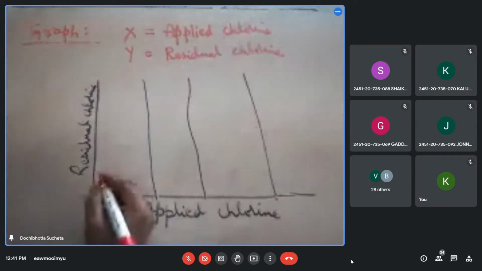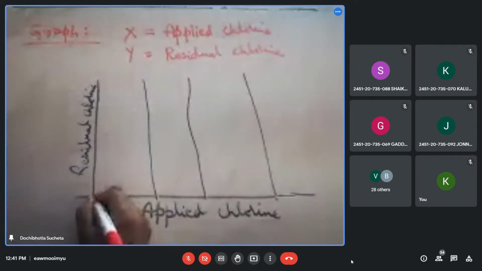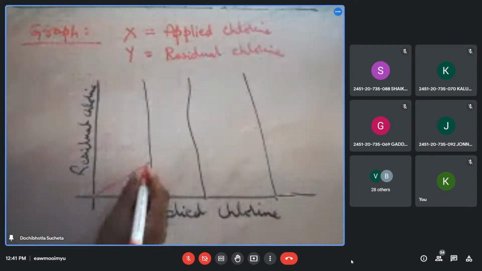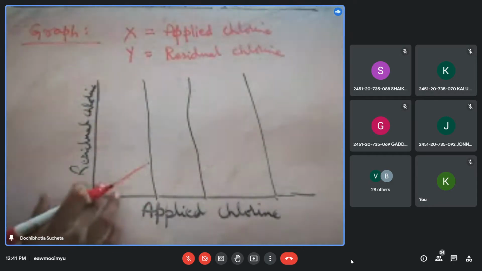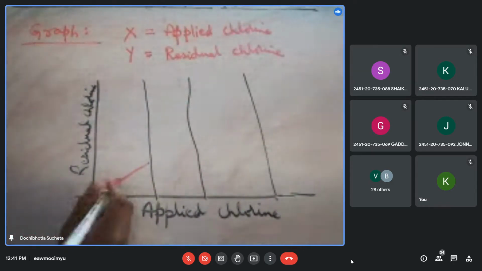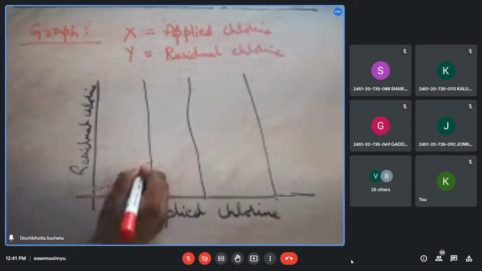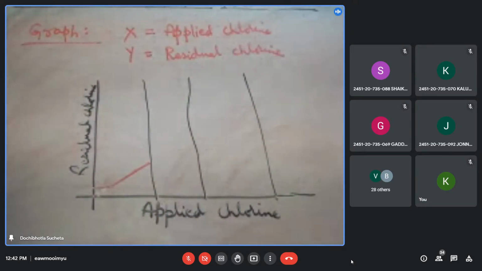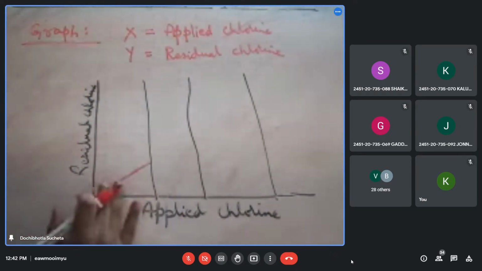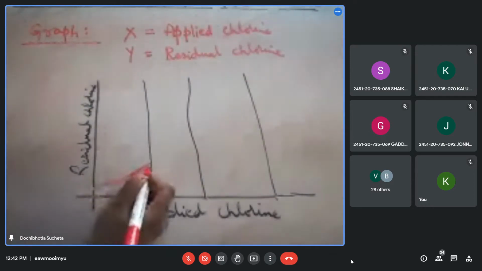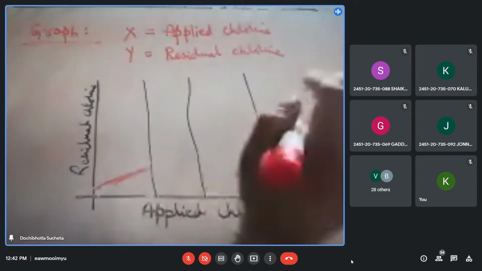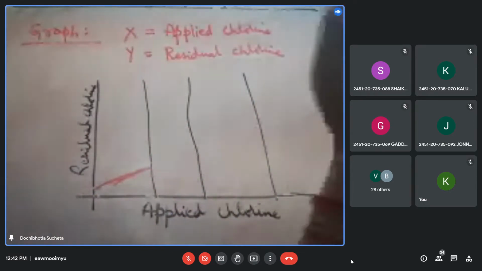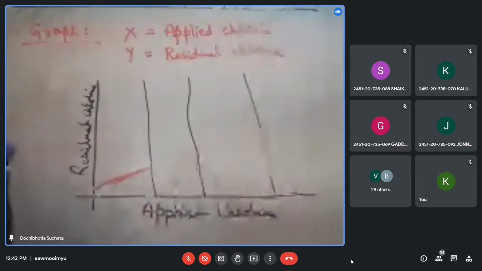Next, what you will say, this applied chlorine is actually applying the chlorine from 0. So I'll start nearly at the origin. Then I'll start applying the chlorine. And I've told you all that the chlorine which I am applying here is a little slant, not too slant. And 0.3 to 0.5 ppm per liter is generally what they mix when it is chlorine gas.